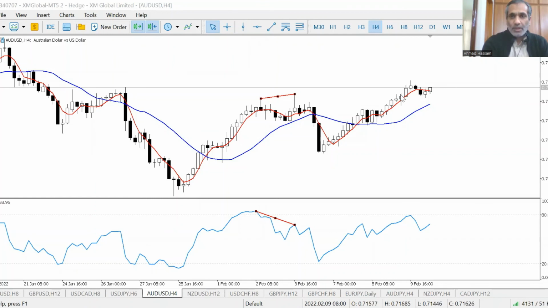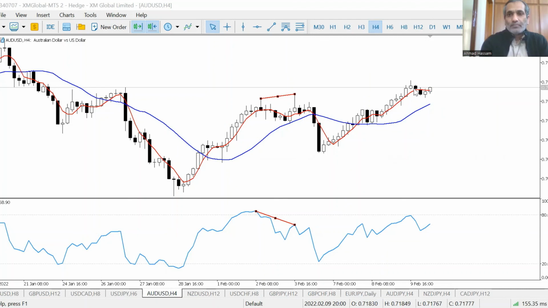Of course, we can't just enter like that. As you have seen in my previous videos, now we will use candlestick patterns and the concept of support and resistance and MACD to make the right decision. But we have identified 3 currency pairs that we should closely monitor in the next 2 days.